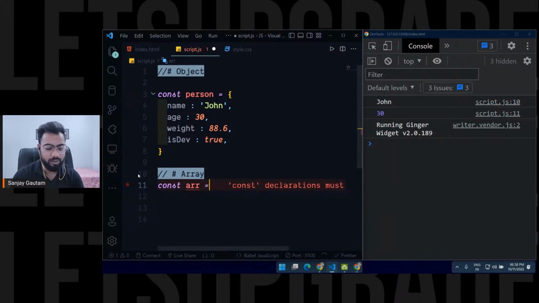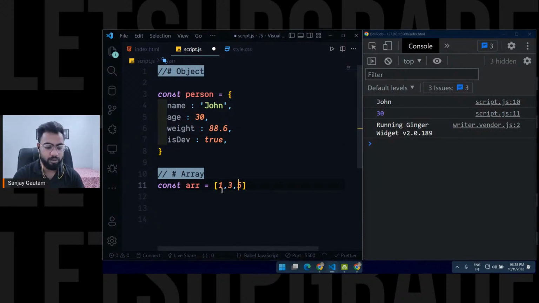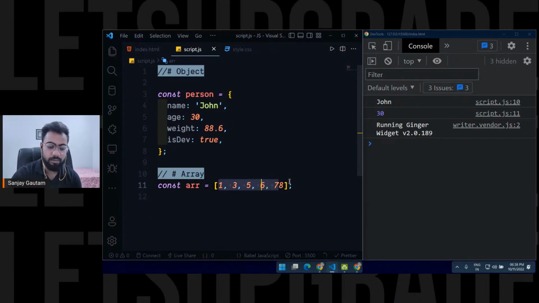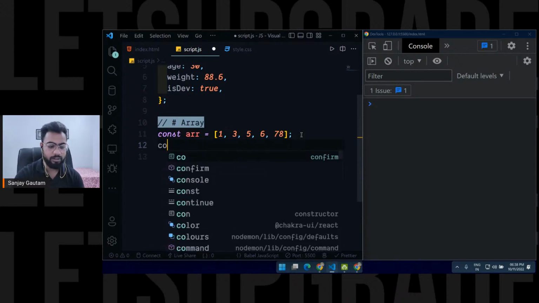Let's say you can give the array any name, and here you will use the square brackets. So in the case of objects you were using the curly brackets, but in the case of array you are actually going to use the square brackets. And inside this you can basically save multiple values, separating them by comma. So let's say 1 2 3, any numbers. So now this array actually contains these multiple values here. So 1 3 5 6,